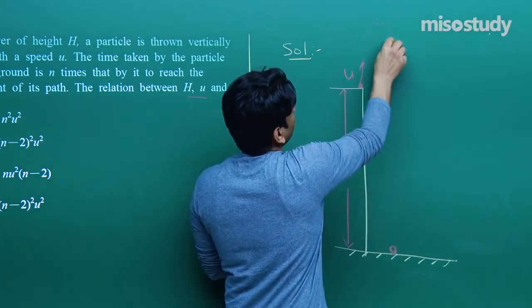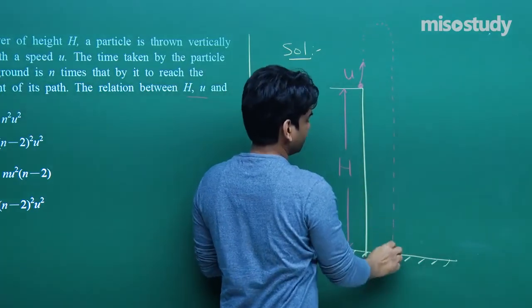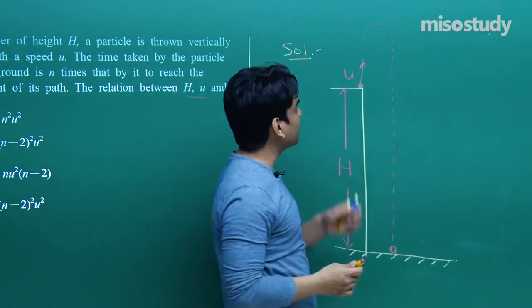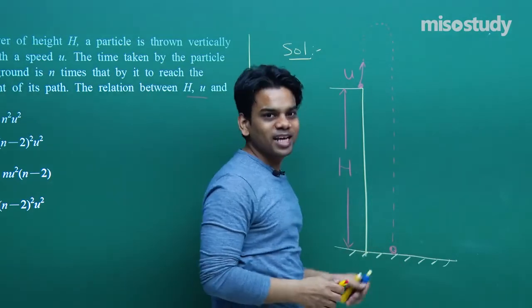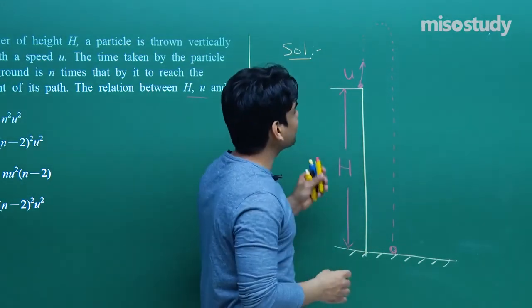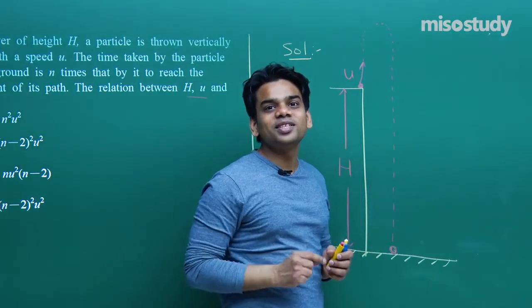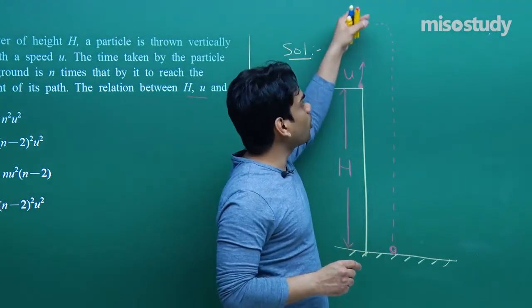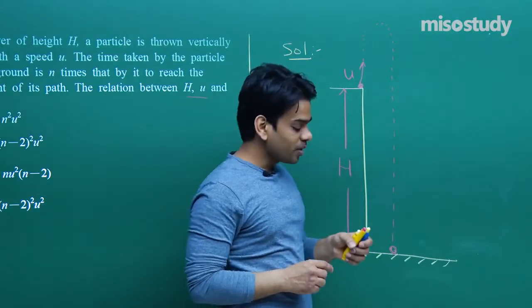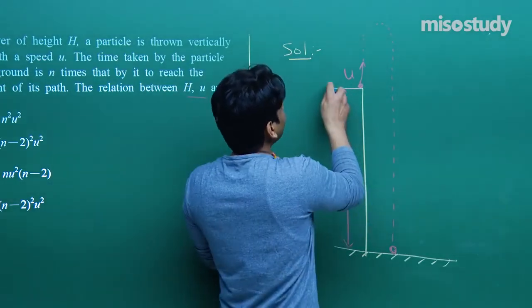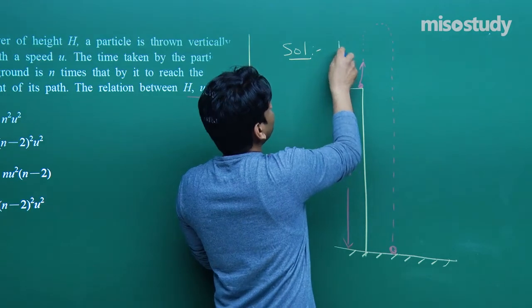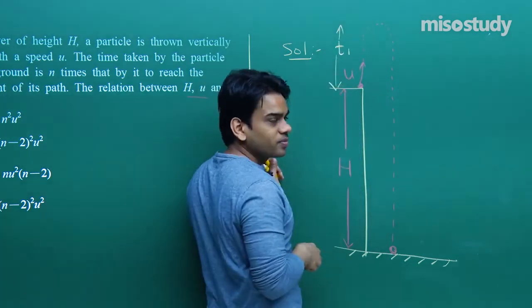As this moves and as it comes down, this is the overall scenario. I hope that you can clearly see this magenta color line that I have drawn. Now you see here, it says that total time taken is n times the time taken to reach the top at the highest point. So let us say to travel to the highest point, it took time t1, not a problem.